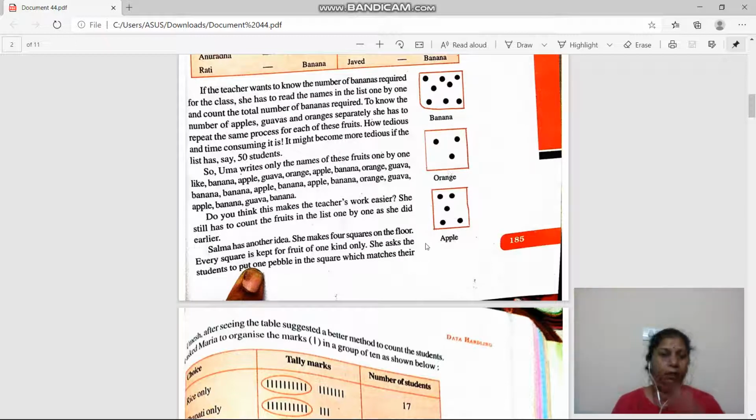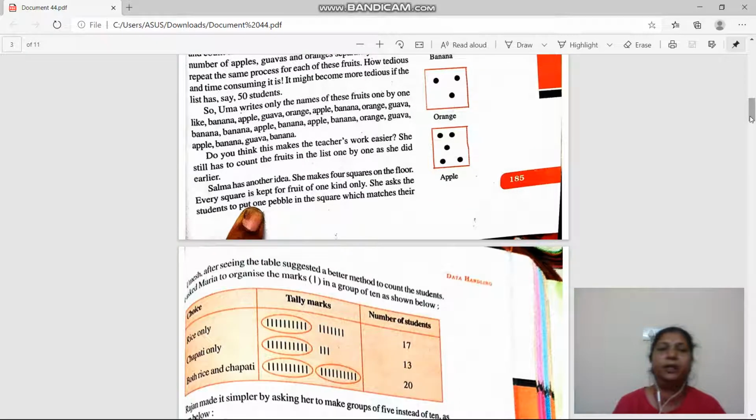Okay. Now the next improvement is that one of the students uses a pen and copy and makes 3 columns. Okay, first the name of students, then tally marks and the number of students. Okay, and in tally marks he just ticks the number of students, and then by counting it, he can calculate the total